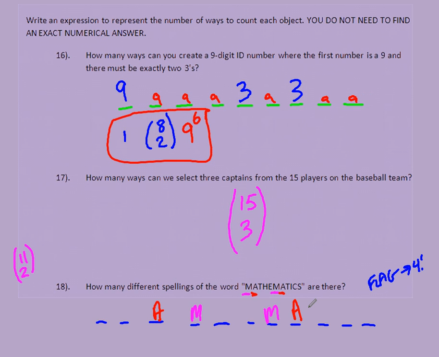I had 9 spots remaining, and I need to place my 2 A's. So I do that with 9 choose 2. Let's place the next letter in our set. The next letter we have to deal with is T's. I have a pair of T's. So let's say one T goes there and one T comes down here. So I had 7 spots left at that point, and I had to choose the 2 of where the T's